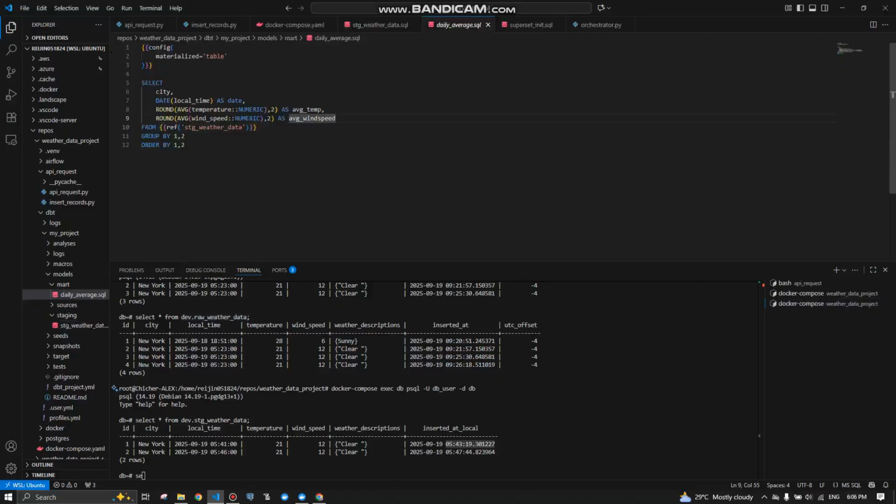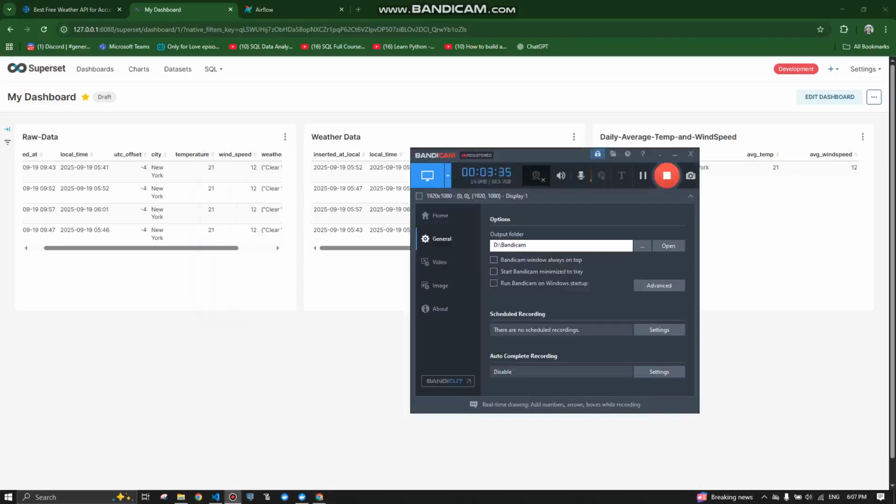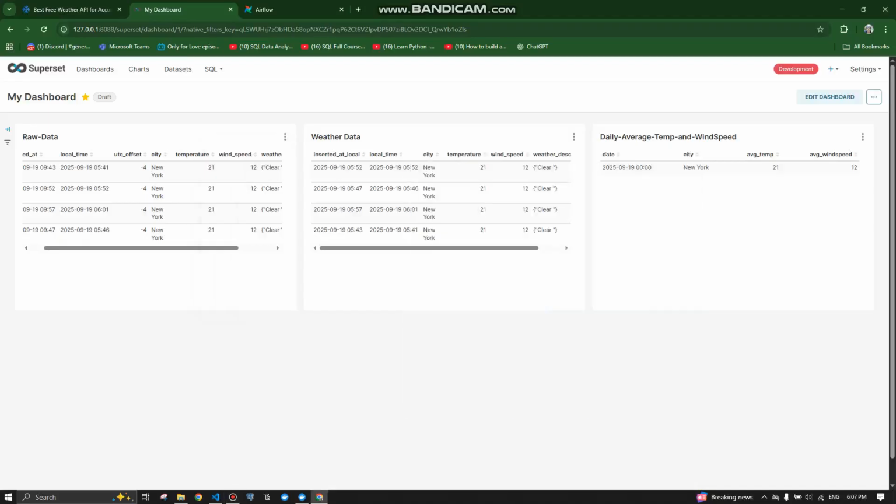Here I manage to display the data daily, and I display the average temperature every day. So that is my project for data engineering, and this is one of the projects in my portfolio.